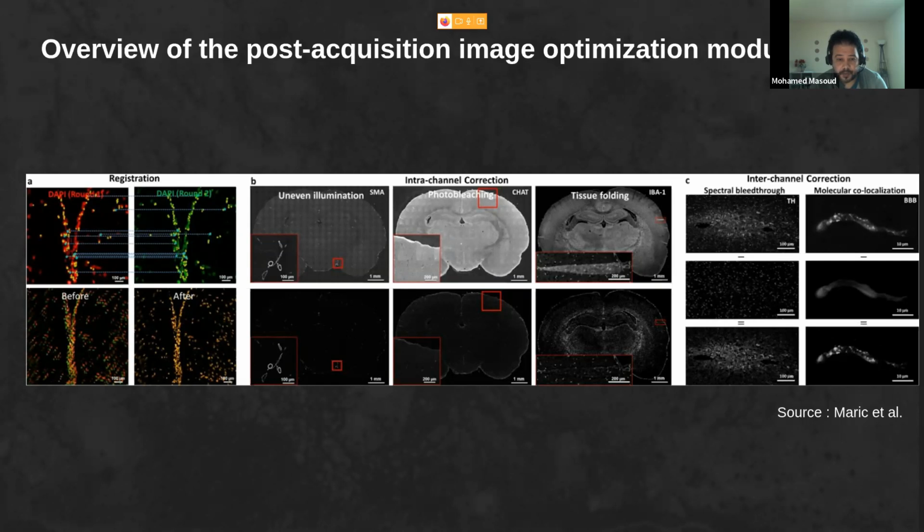There are also multiple sources of noise, like autofluorescence, which is fluorescence that comes naturally from a substance without attaching any antibody to it. There is also tissue folding, and photobleaching, which is a type of fading that happens in the fluorescence signal.